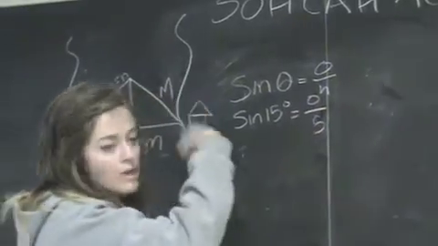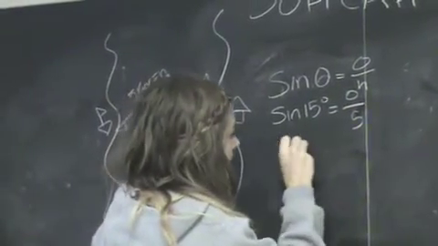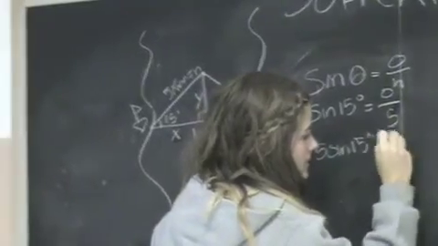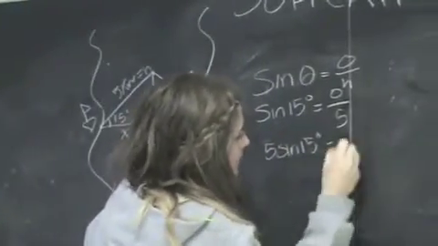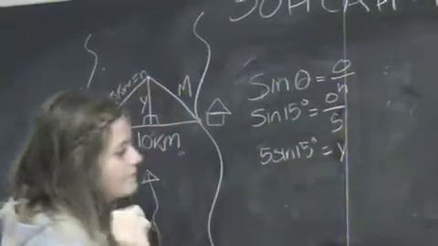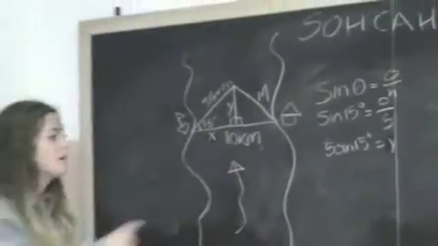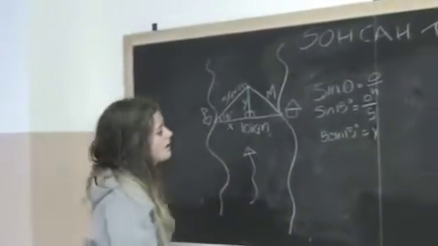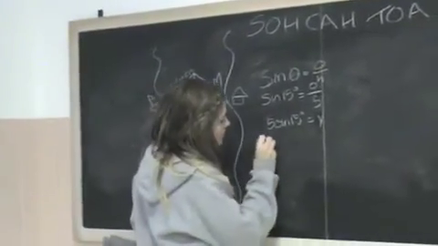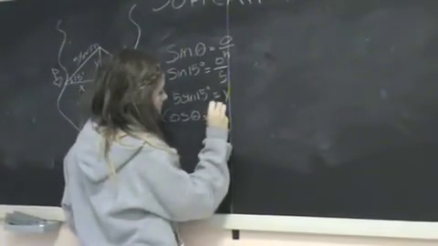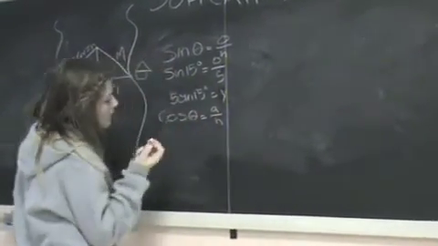And then you multiply both sides by 5, and you get 5 sine 15 equals O, or in this case, y. And then you can use Ka to find x. You do cos